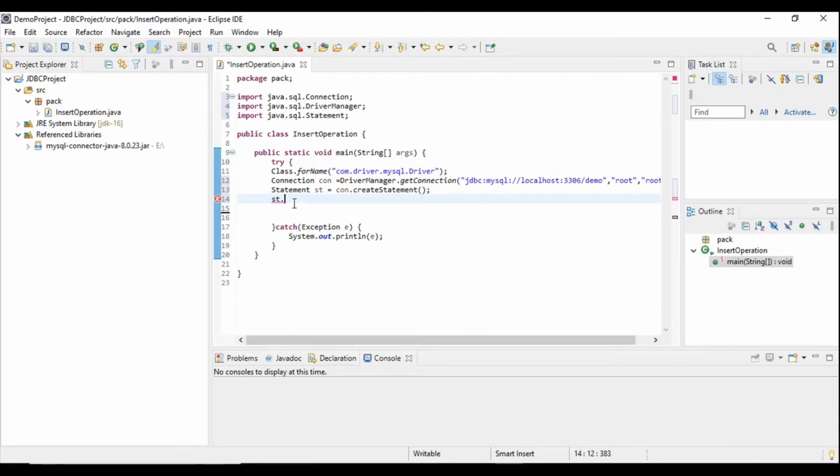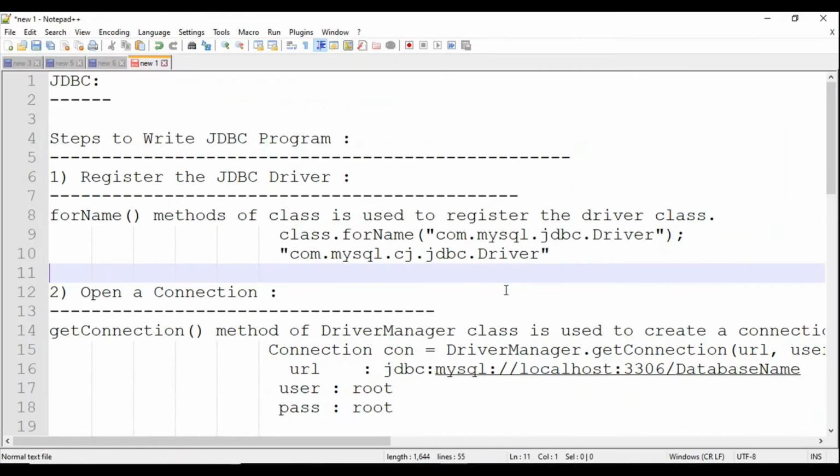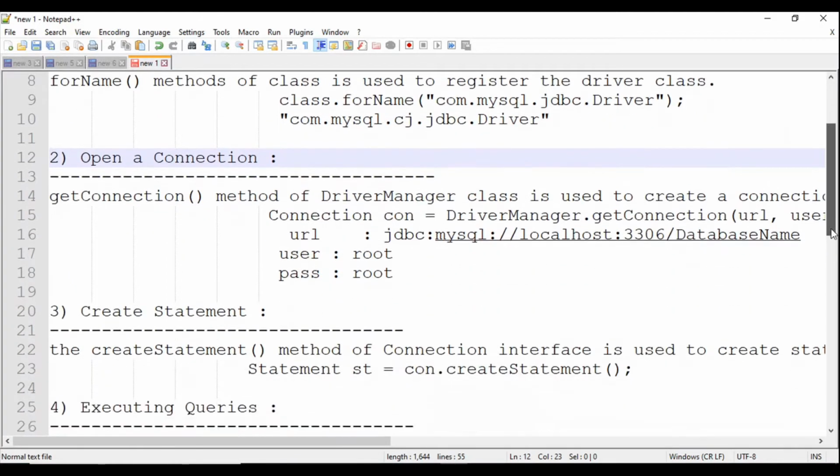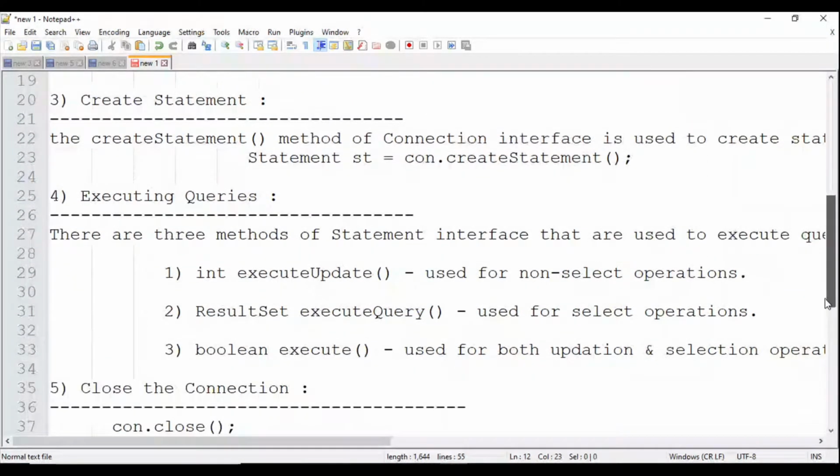So which method we are going to use for insert operation? So as we have seen, for executing query, we are going to use executeUpdate method if we want to do a non-selection operation.